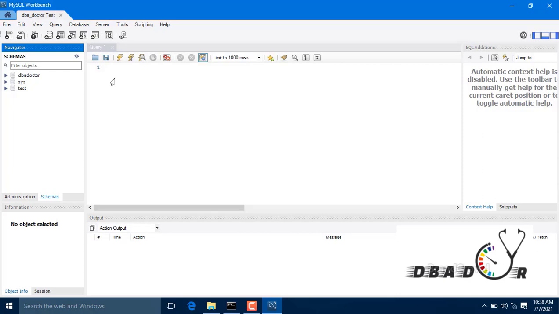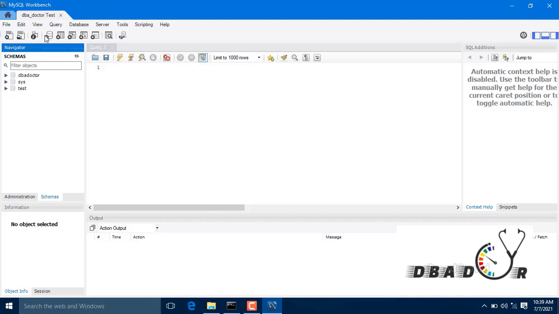Now we are creating a new schema. Once we create a schema, we are going to connect to that schema. Once we connect to that schema, we are going to create a table, and once we create a table, we are going to dump some records there. Those are all the things we are going to cover now.